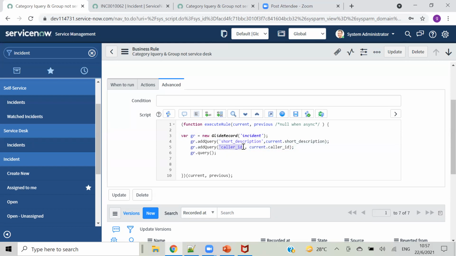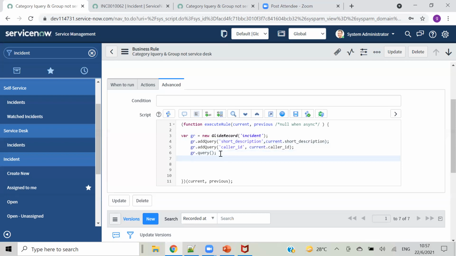Okay, and if caller id on the table is matching caller id on our form. Similarly, add query opened by on the table should match opened by on the form. Like if I have opened the ticket in ServiceNow already, it will check in the table and it will check on the form. If those are matching, it will populate, like it will show count or whatever we have.